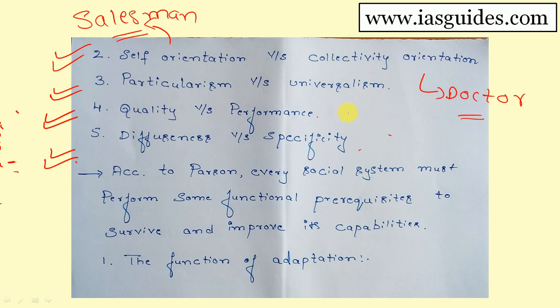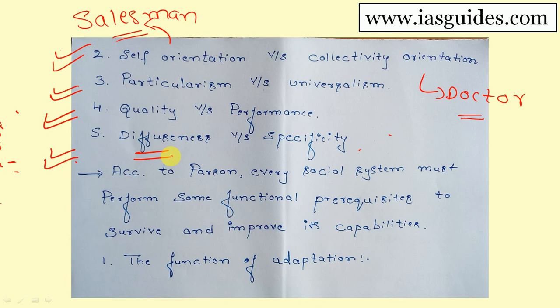But for diffuseness, we can give the example of friendship or the husband-wife relation. The scope is wide. In friendship, we talk about very personal things. And in the husband-wife relation, they discuss very personal things. The scope is very unlimited there. Getting? Specificity example, employer-employee. Diffuseness example, you can take friendship and husband-wife relation. Anyone, or both.